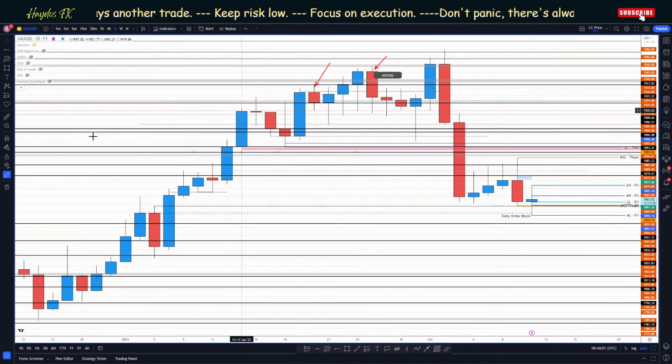Just mark your zones on Asian lows and London highs, and see which zones are left to be taken. So according to me, we have double bottoms on the downside, excluding this one. So this is our first point of interest area on 1 minute. If this is broken, we are moving more to the upside. And on the lower side in the Asian session, we have, just a second, a double bottom at